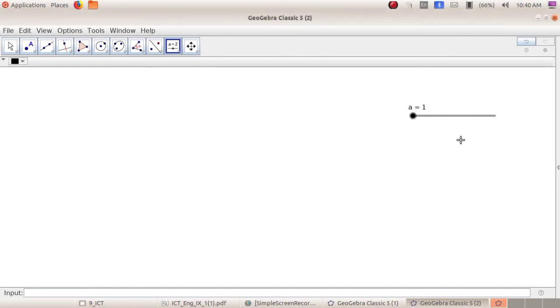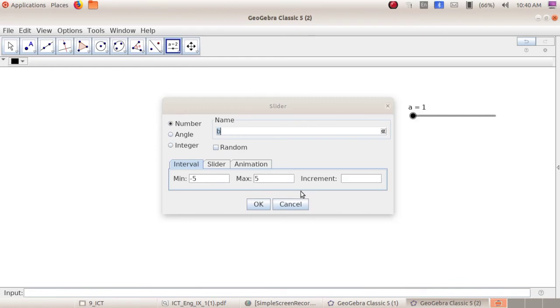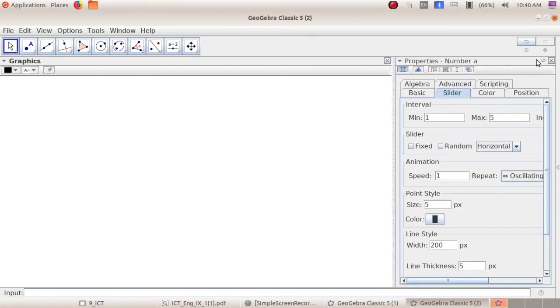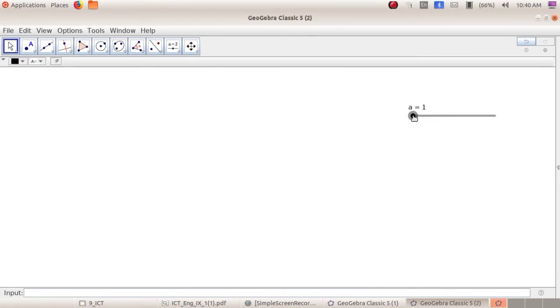Now a slider has appeared in your window. The name of the slider is A and the minimum value is 1. Next I am moving that. A is 2. Next plus 1, A is 3. Next plus 1, A is 4. Next 4 plus 1, A is equal to 5.